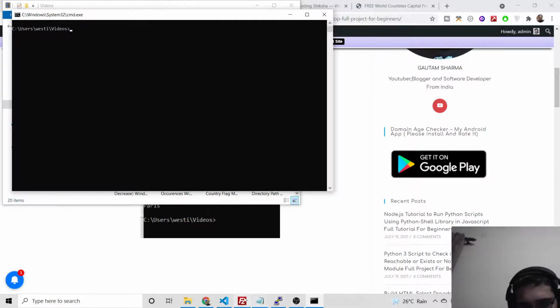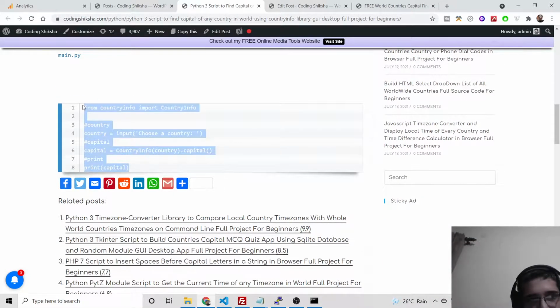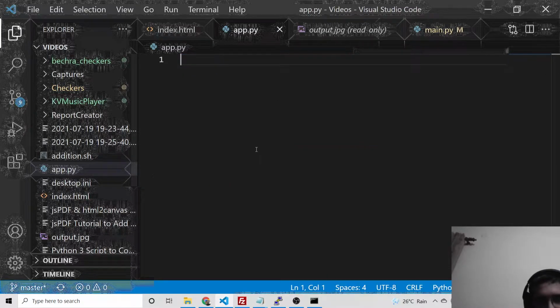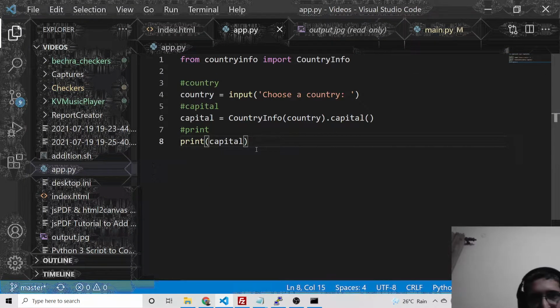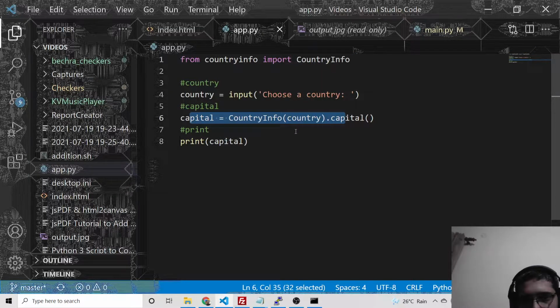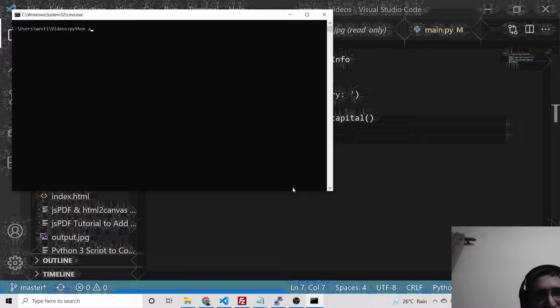Now you need to copy paste this code that I have given you, just 8 lines of code. Simply make this app.py file and paste it. First of all, we are importing this library, then we are asking the question from the user. We are taking the input from the user, please choose a country, and then we are calculating the capital and printing it out. So if I execute this script, python app.py,